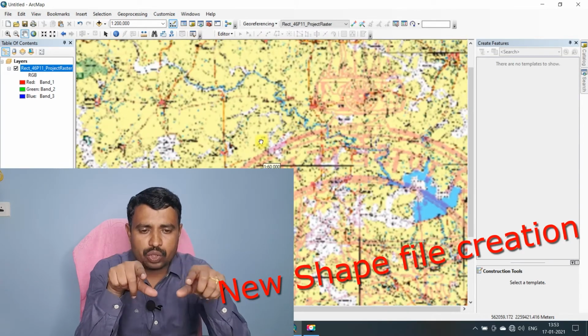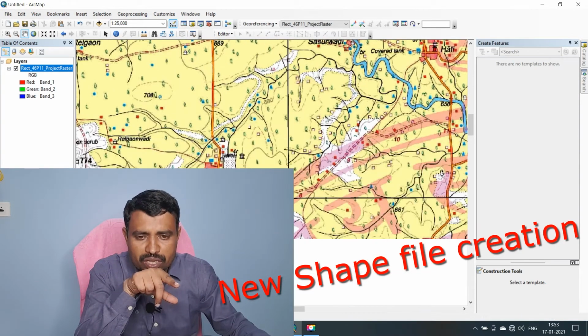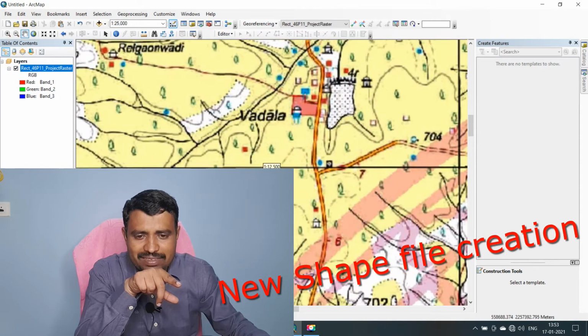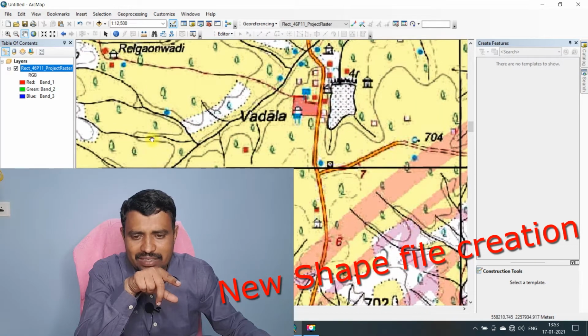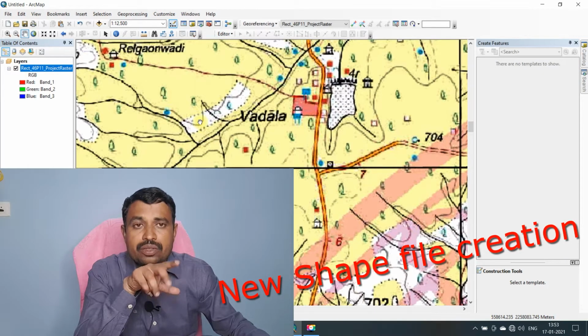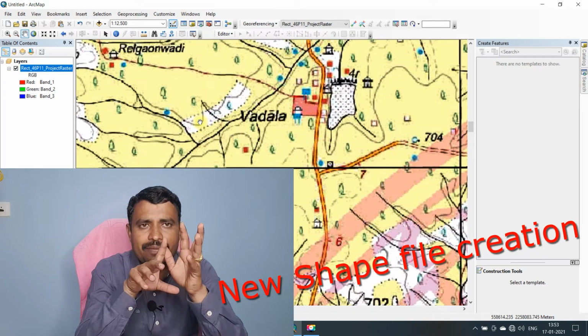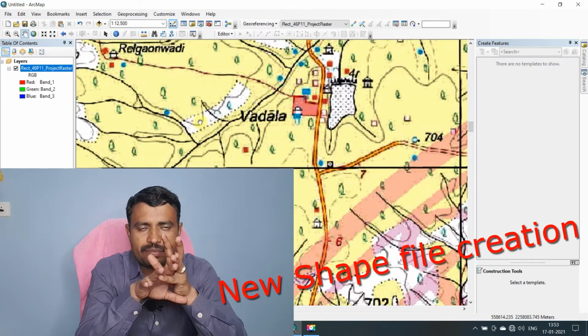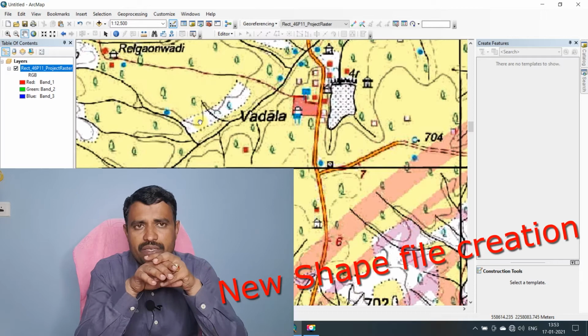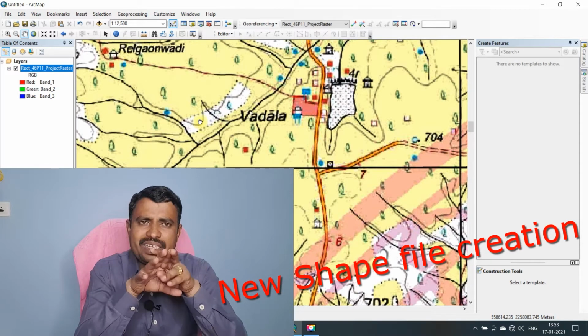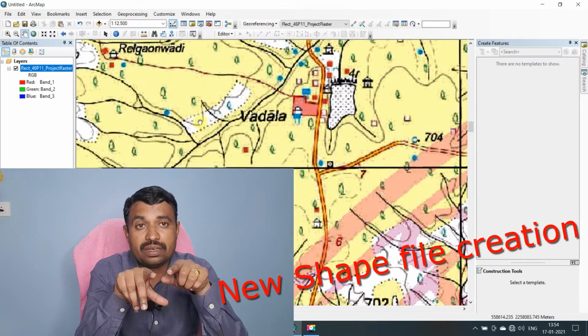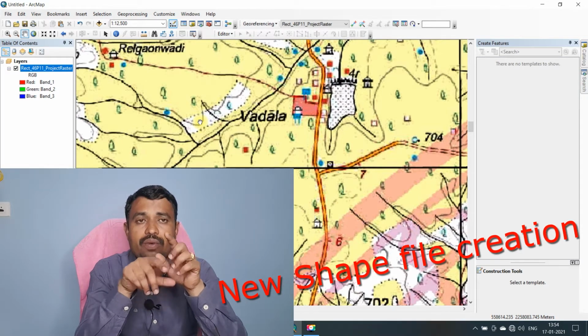When we look at the topo sheet closely, there are some lines. You can see these are the lines, this is a faint line. These are nothing but the contour lines. Contour lines are imaginary lines. When we go on the surface, you don't see any contour lines, but the topo sheets have these contour lines.